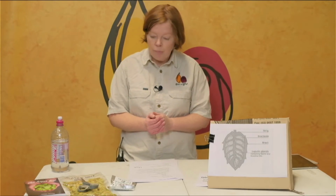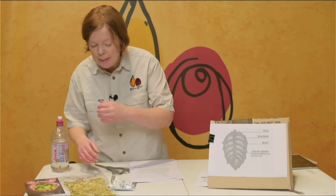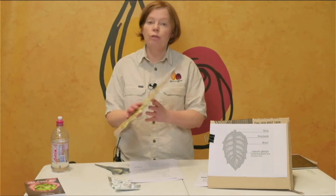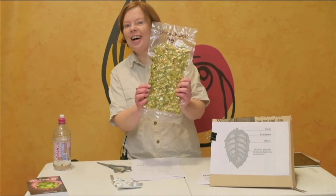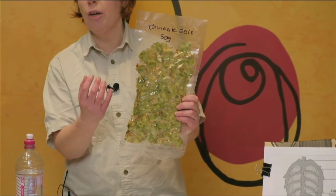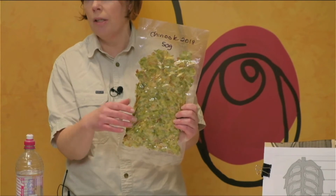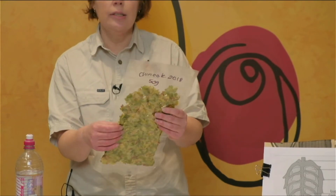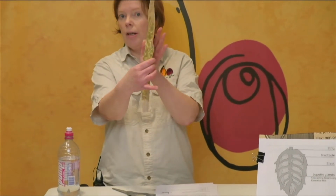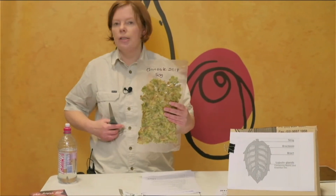The other option is dry whole cones, and I have an example here, I just grabbed a pack from my freezer. You need to dry your cones, and you dry them very quickly. Otherwise, they start to oxidise very, very fast. So you need to dry them quickly once they're harvested. And this package is vacuum sealed, flattened so that it stores well, and flushed out. And if we just open